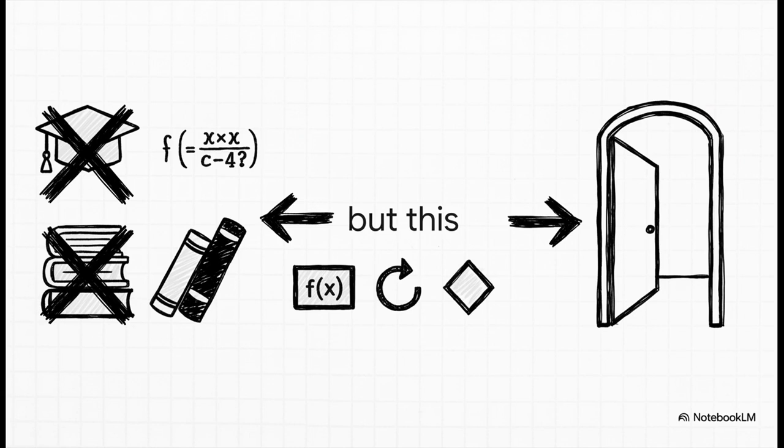And here's maybe the best part of all. What do you need to start this journey? A PhD in machine learning? Nope. Decades of experience? Not at all. If you know how to write a function, a loop, and an if statement in Python, you are ready to go. The barrier to entry for becoming an AI architect has never, ever been lower.